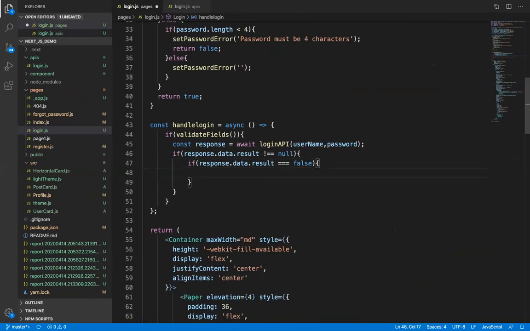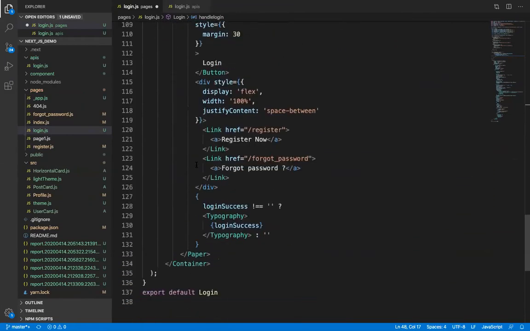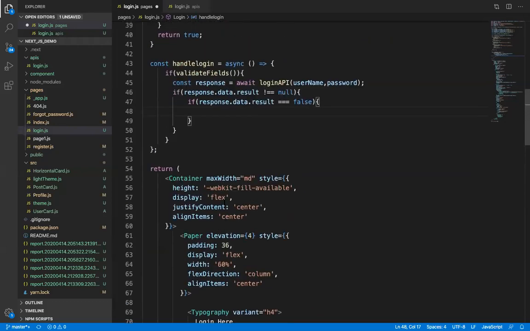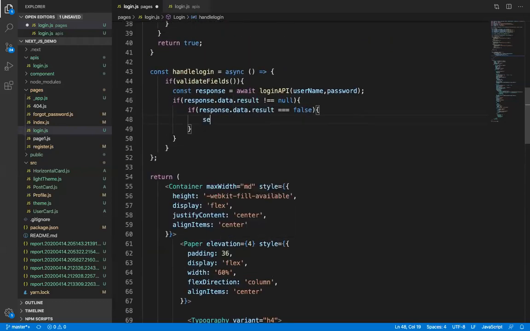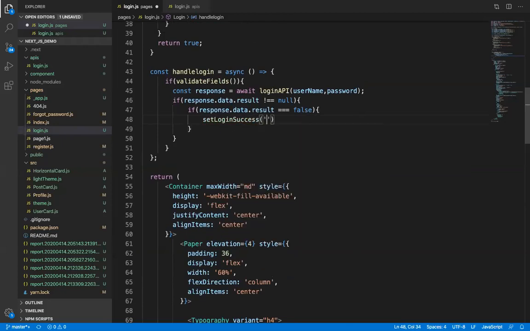if my result is false, then I have provided invalid credentials. I have created here a login success. So what we'll write here, set login success, and inside it we'll write response dot data dot reason.